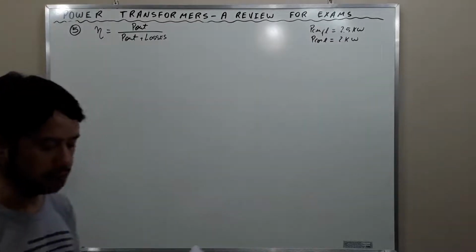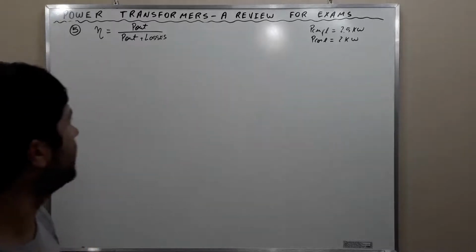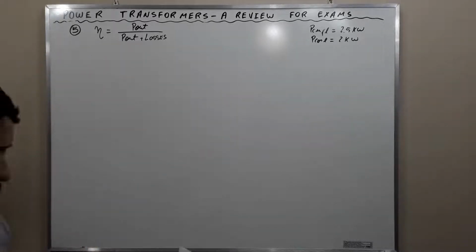Exercise number 5 now. A 300 kVA, 2-winding power transformer has iron losses of 2 kilowatts and a copper loss at the nominal output current of 2.5 kilowatts. With this data, find the load level at which the efficiency is at a maximum. Okay, my friends, this is the exercise. The exercise wants us to deal with efficiency and find the load level at which the efficiency is at a